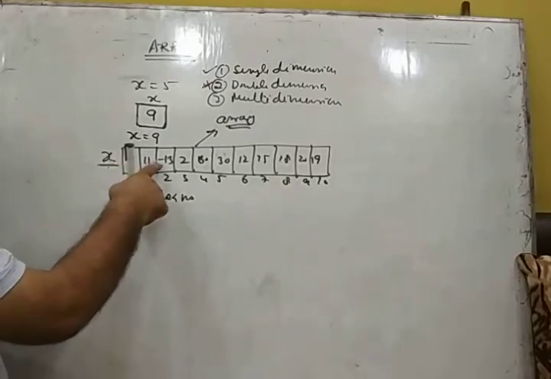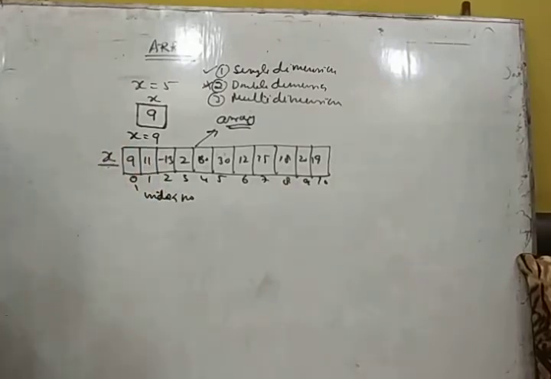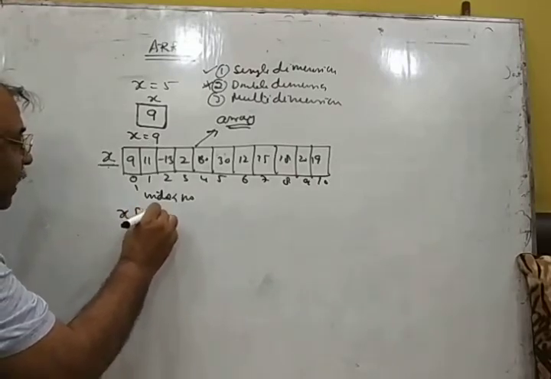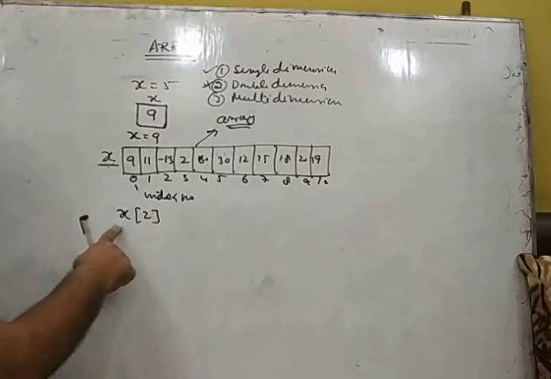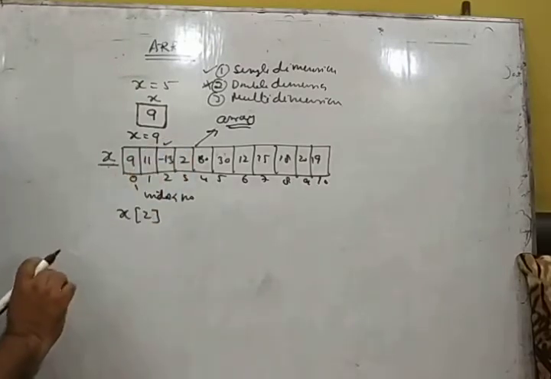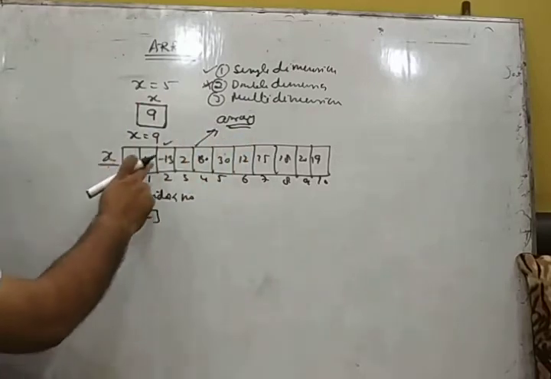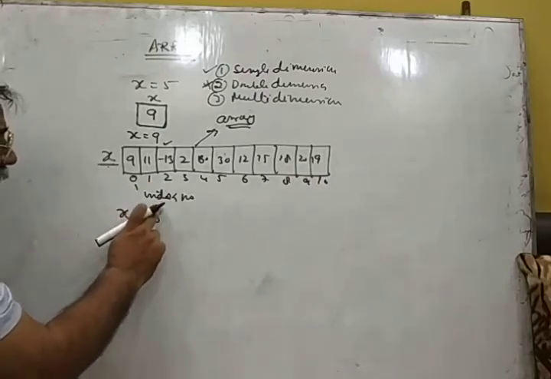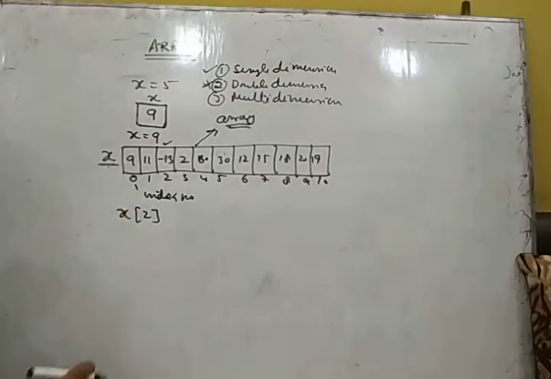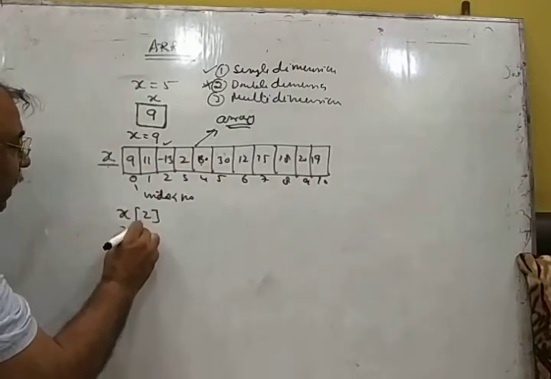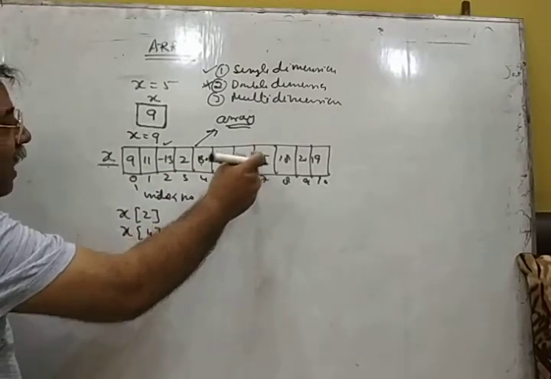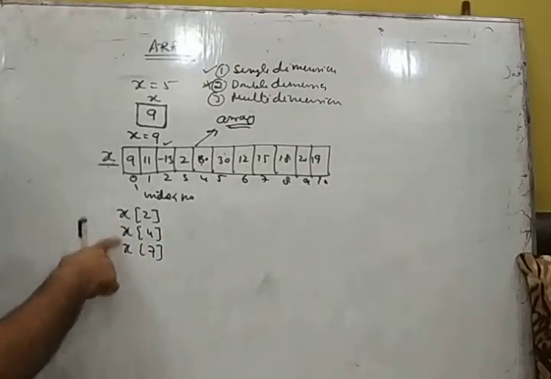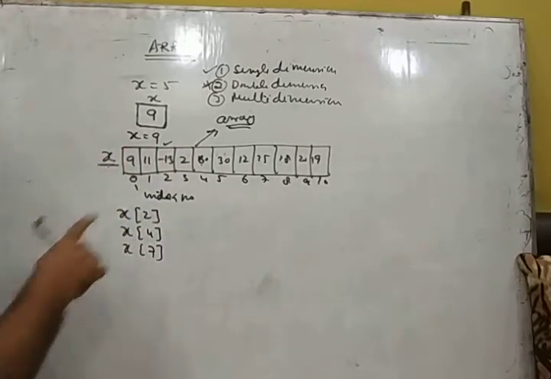So suppose you want to see minus 13, the separate variable name for it is x, square bracket, 2. Though it has been stored like this only, if you want to see minus 13, you write x, the name of the array, and then the box number inside the square brackets. This is the way. Suppose you want to see 60, you write x of 4. You want to see 25, x of 7. These are the variable names for these different values which we have just seen.